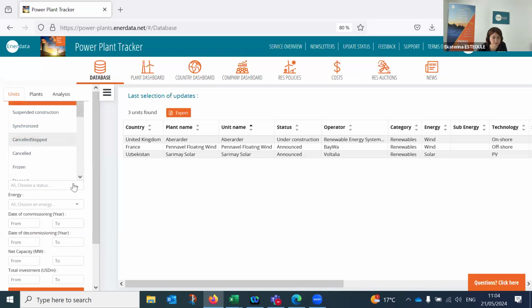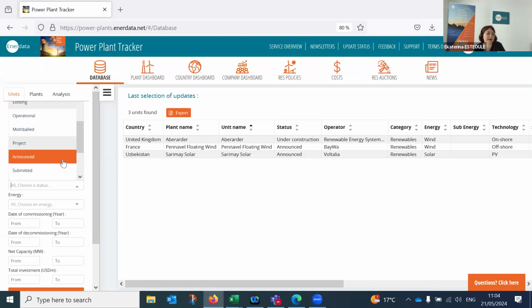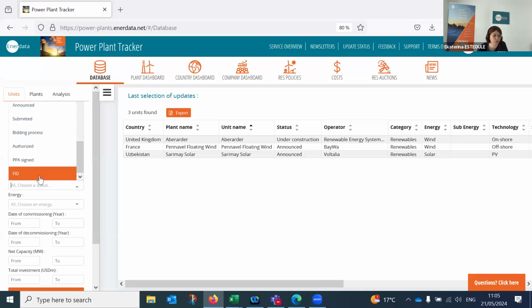Status is a quite important filter. Here we provide all the power units, the power plants, starting from the project once the project is announced and we have double checked it, so it will appear in the database. And coming through the different stages of the project to the financial stage, you can select it and filter using the status bar.